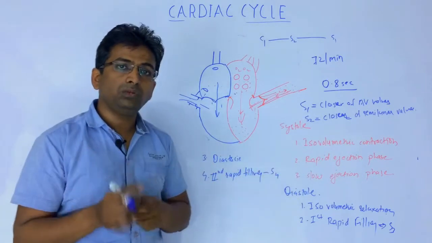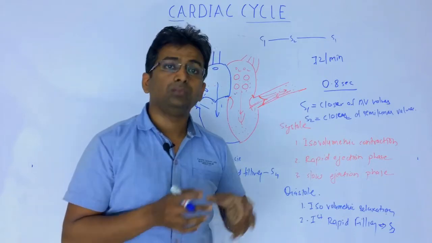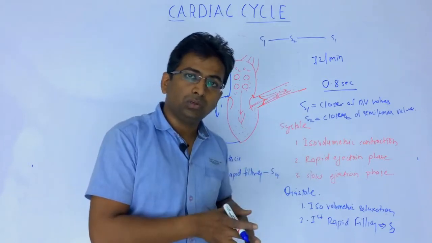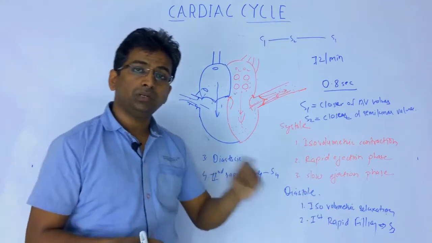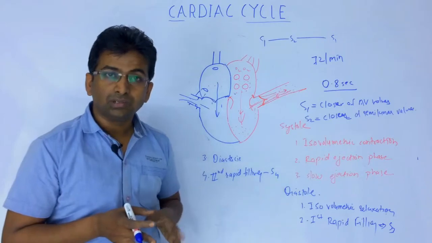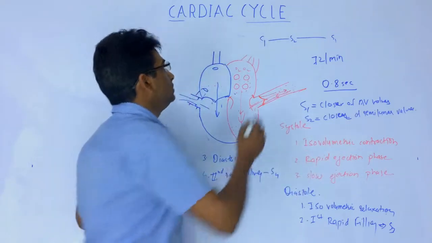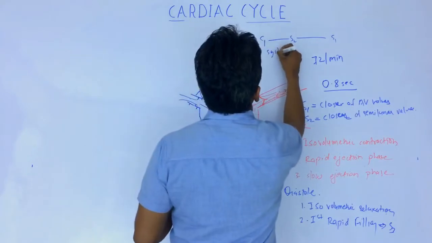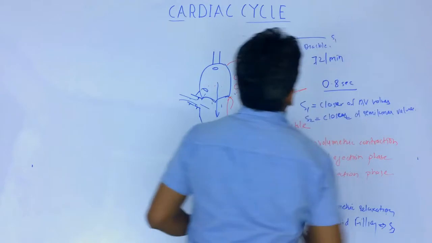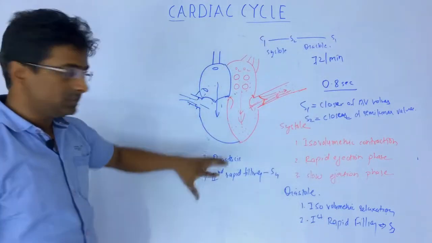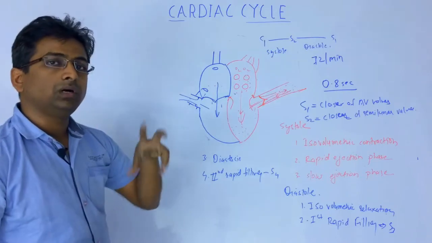So if you hear any extra sound between S1 and S2, that will be systolic. If you hear any sound between S2 and S1, it will be diastolic. If you hear any murmur between S1 and S2, it will be a systolic murmur, and if you hear any murmur between S2 and S1, it is diastolic. Okay, so that is systole, that is diastole. Okay, understood this concept? I will repeat this concept with the help of another